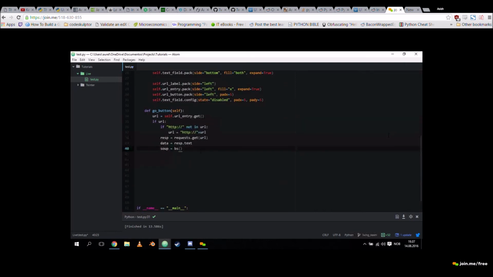So we get BS. Data. That gets our data, and we want to use the HTML parser. I think it works like that. Yes. So that's a very standard use case of how request and Beautiful Soup work together, and very often these two modules work together like that.